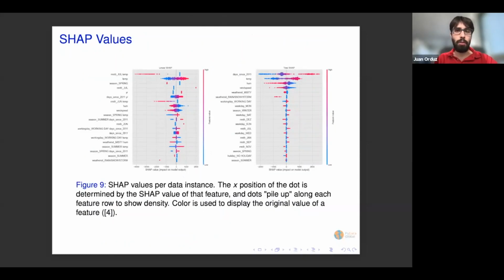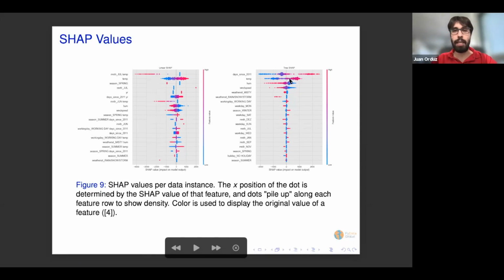So this is how the results look. These are very nice, like the SHAP package has a really nice visualization component. So we see each of the top features plot, and here we see all data instances. So it gives a relation to the weight effects plots that I showed you before. The color of the points actually represents whether this has a positive or negative impact with respect to the target variable. So for example, for both models, higher temperature has a higher impact on the bike count, although for the tree-based model, it's a little bit fuzzy.